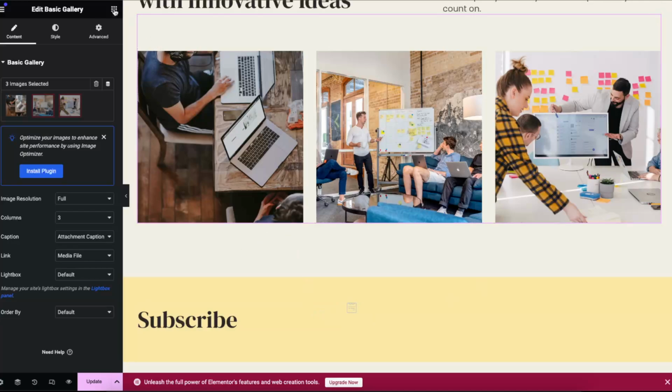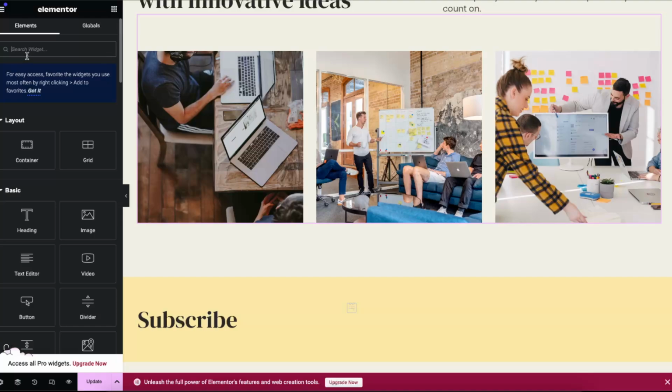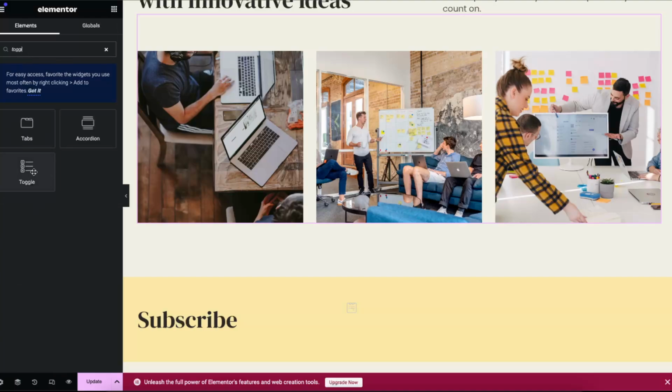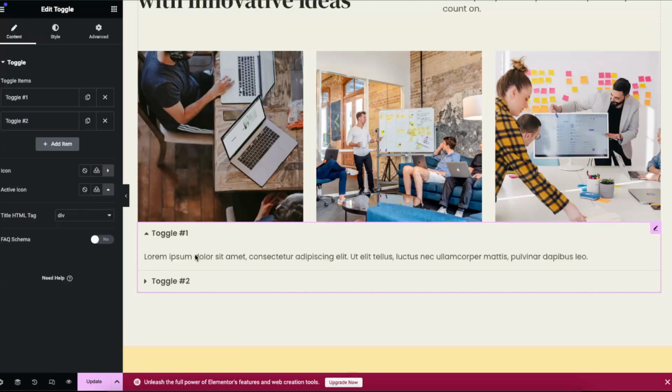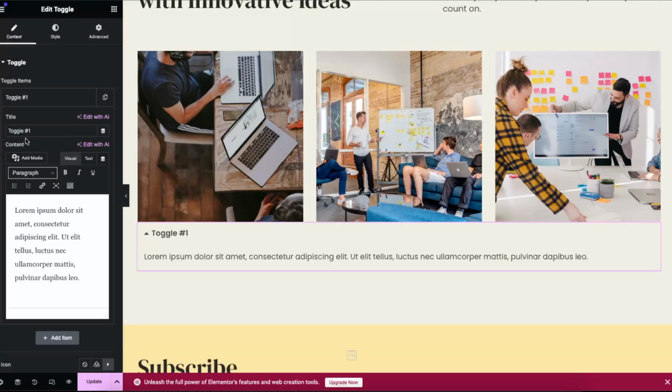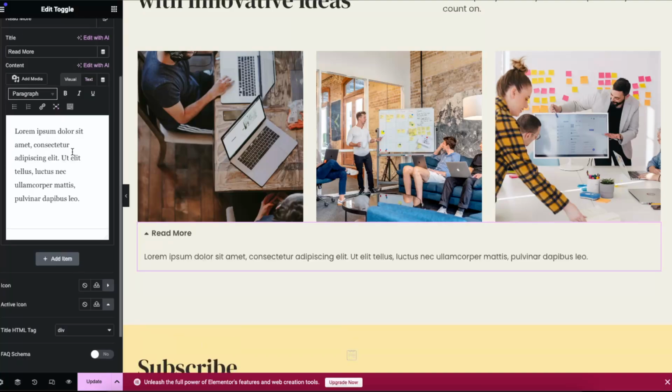So first of all, you want to go ahead to Elements on Elementor and find the toggle option. We can also use accordion, but the toggle option will be maybe a little bit easier. So here we have it. Now you want to rename it and have it read more option. We also want to go ahead and disable this icon,